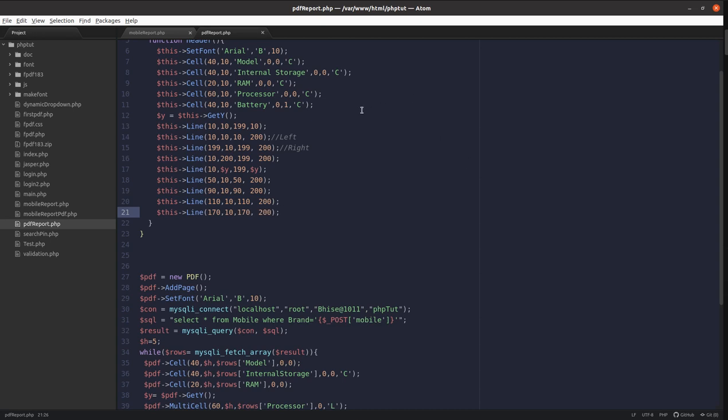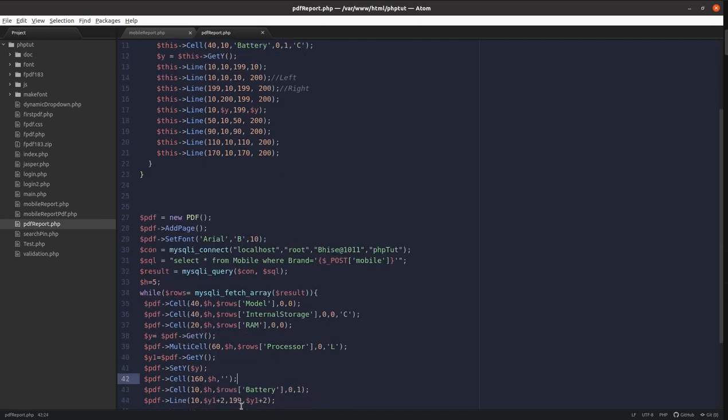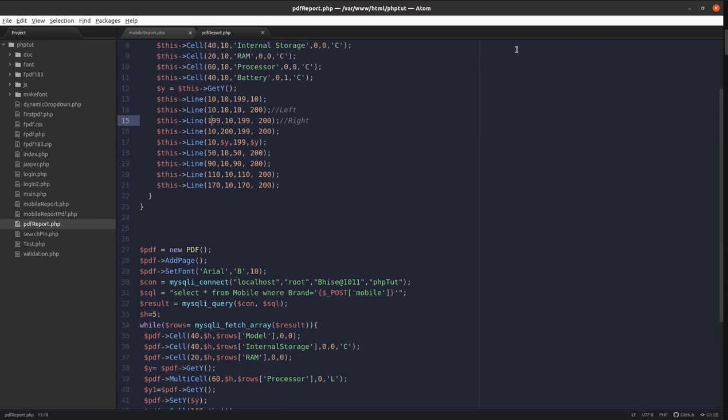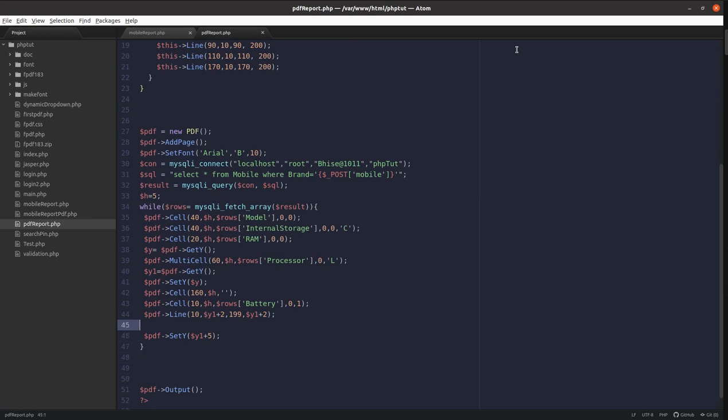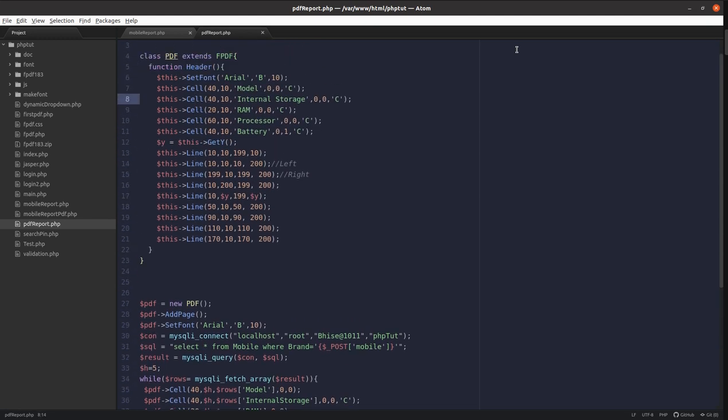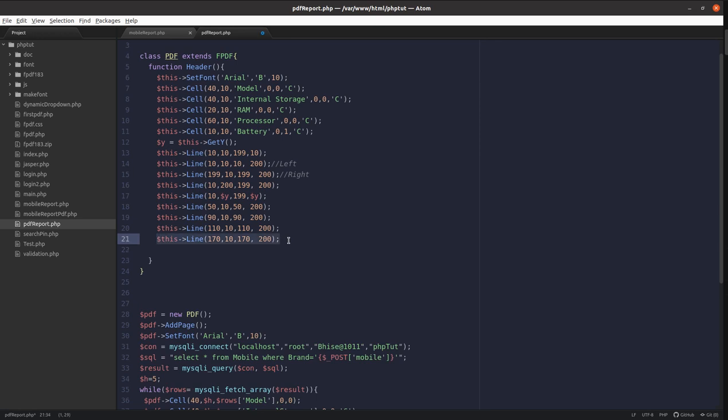Okay, and last, battery. What we have written at base, we have written 10. Okay, so here we'll make it 40 at base. No, 40 won't do. We'll make it 10 at top, because it will move out of the page. We'll see if required. And then next line is that